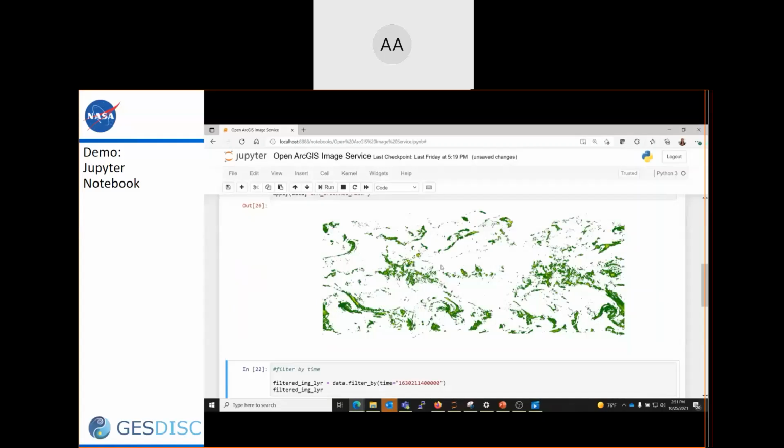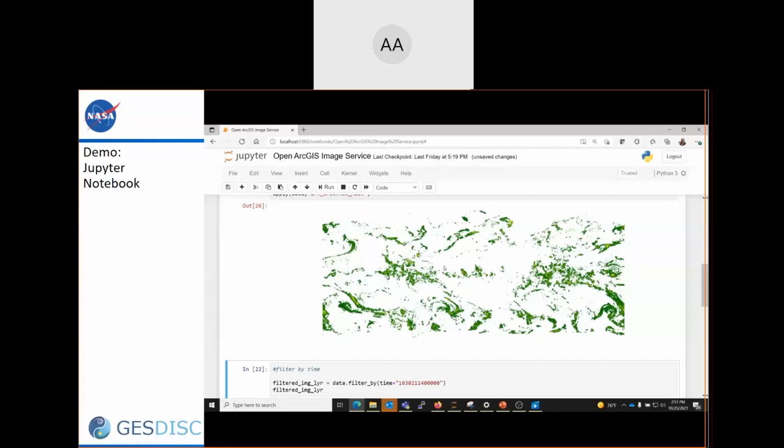And all of these images are showing just the very first time slice in the image service. But if we wanted to look at a specific event, we could specify which time slice. So for the rest of this Jupyter Notebook, I'll be using it to calculate some statistics on Hurricane Ida just before it made landfall. So to do that, I'll specify a time, and that time is going to be October